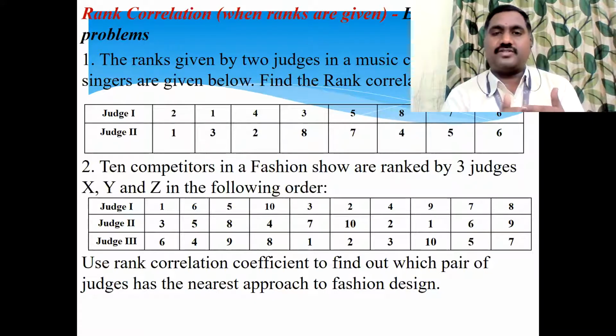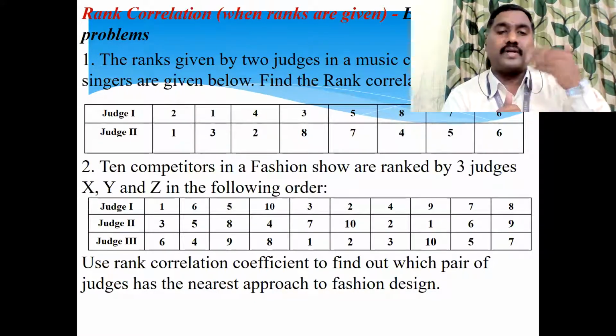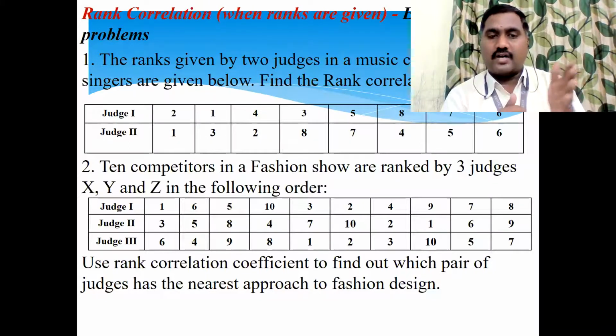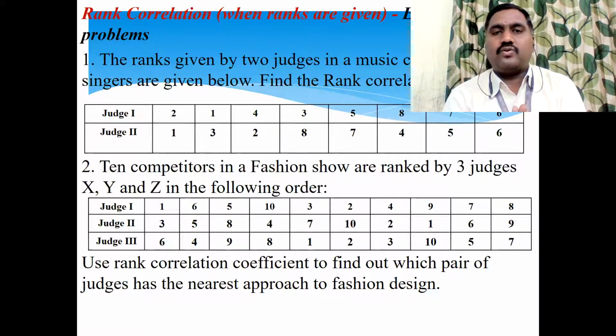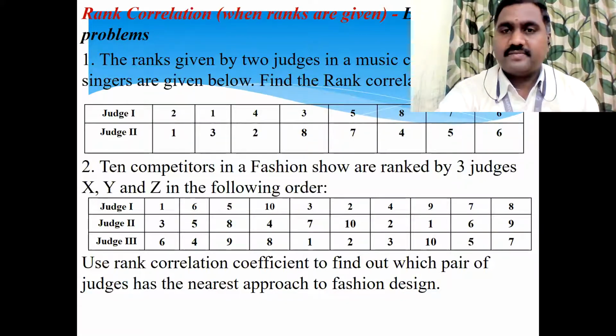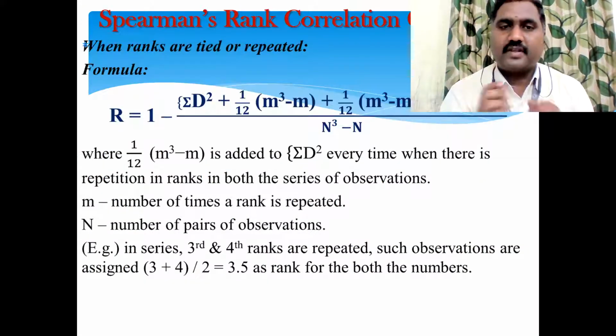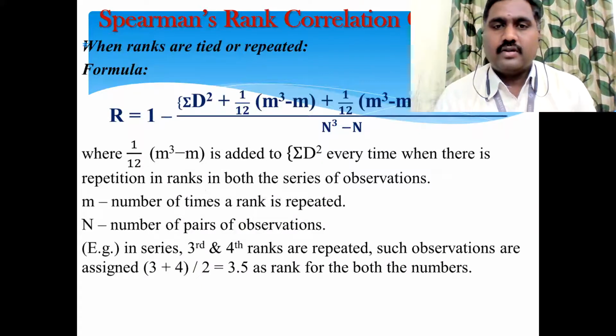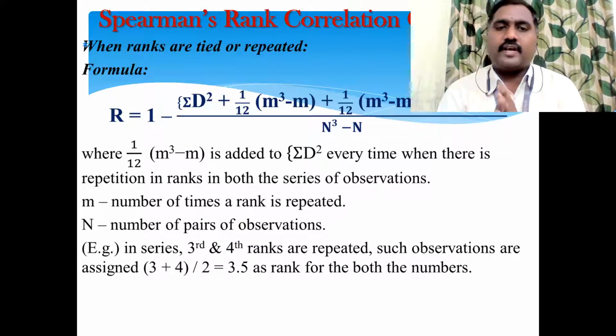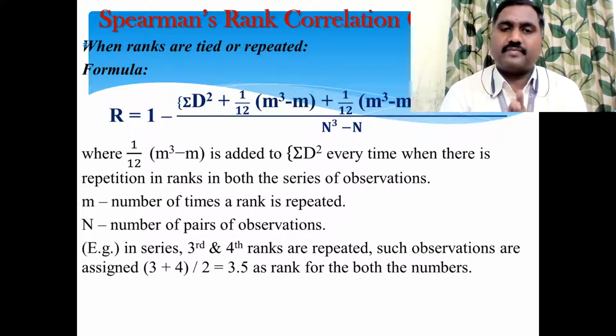Similarly, if there are three judges or three variables where the rank is given directly, these are R1, R2, R3. With the same procedure, you have to find D1 square, D2 square, D3 square, and also find the R12 value, R23 value, and R31 value, right? So up to this, we worked out in the previous class. Is there any doubt up to this, guys? If you have any doubts in rank correlation, please let me know. In which area or step you are getting confused, please ask me. Otherwise, we will move on to the third pattern of problem, and with that the rank correlation will be over.